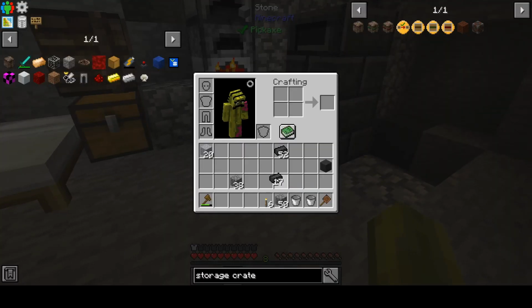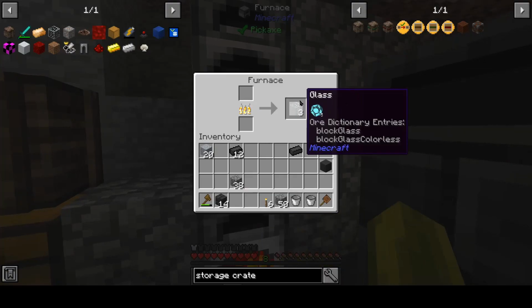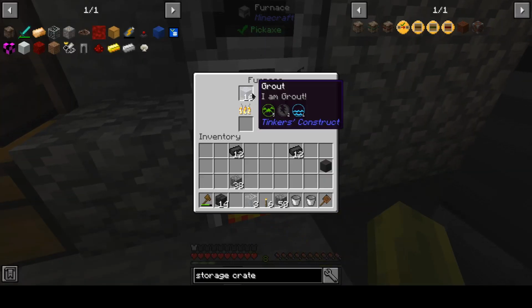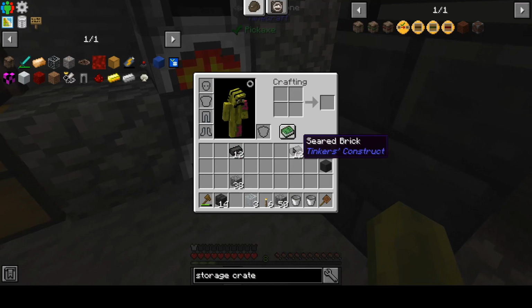We're going to need to set aside that much seared brick, but the rest of this we can just turn into seared brick. And that doesn't look like it's enough right out the gate, but we have another 20 grout here and another 20 or so coming in. So we should have